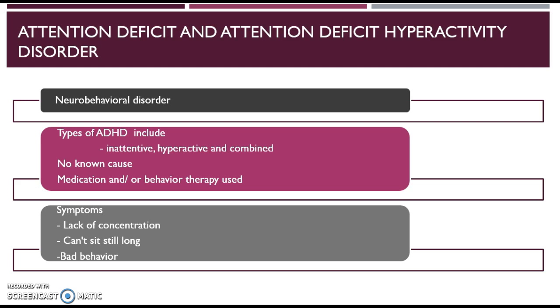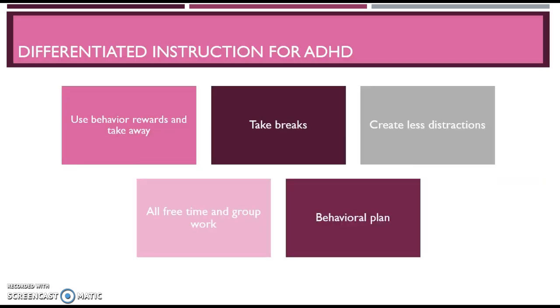So some of the ways that I believe that in a classroom you could change the way of thinking for these type of students is to use behavior rewards and takeaways. This meaning using an object like a token or a card where a student is rewarded for good behavior and given the object and is then getting it taken away when they have poor behavior to teach them the proper way to behave in the classroom.